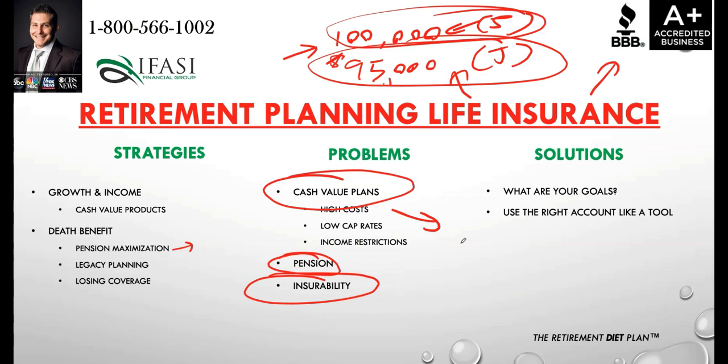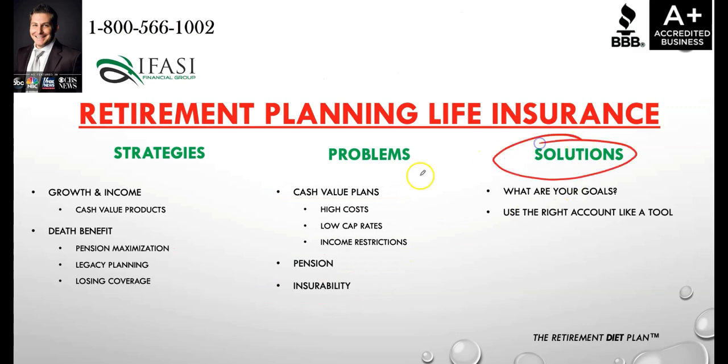So cash value life insurance plans, when taken the correct way, do not increase the amount of provisional income. It therefore does not increase the amount of potential Social Security taxation. So that's where it could work out very successfully in a retirement planning aspect. But you just have to be careful. At the end of the day, what are some solutions for this? It really depends on what your goals are.